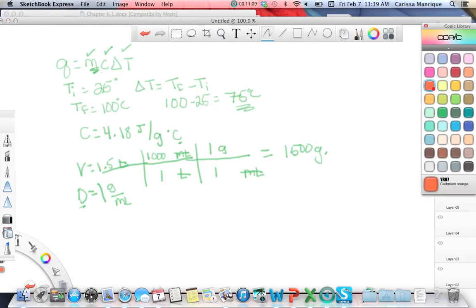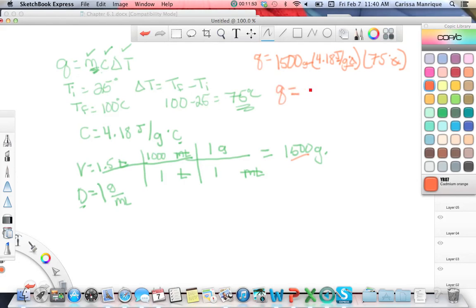Let me change this here. So again, Q equals mc delta T. So Q equals m, mass, which I just calculated as 1,500 grams. C is 4.18 joules per gram degrees Celsius. And then our delta T we have here as 75 degrees Celsius. So you see our Celsius will cancel, grams will cancel, so our final unit will be in joules, the only unit left. So if we multiply this out, 1,500 times 4.18 times 75,